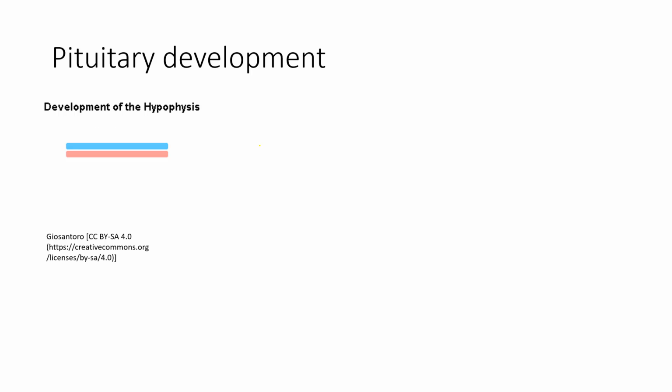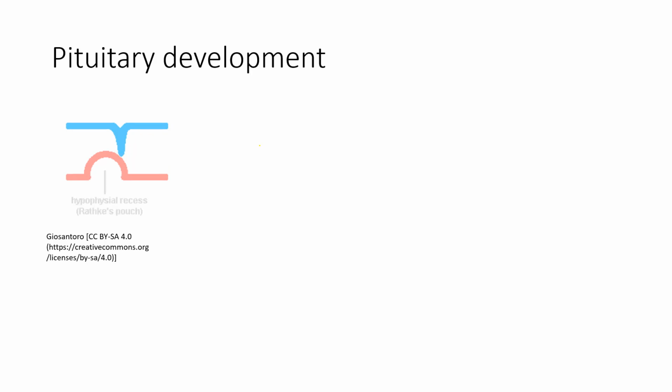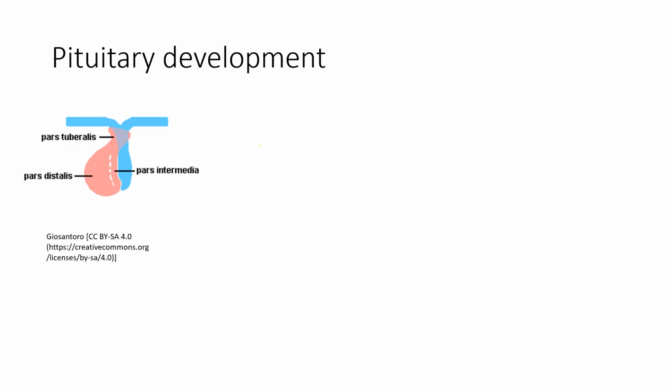The pituitary develops between the floor of the diencephalon and the roof of the stomodeum, which is the primitive gut tube, what will become the mouth. And you can see that the diencephalon is going to grow downward, whereas the stomodeum, the roof of the mouth, is going to form this pouch called the hypophyseal recess, or Rathke's pouch. As the roof of the mouth kind of gets further from the floor of the brain, you're left behind with this little bit of endodermal tissue, which will then migrate around the stalk or infundibulum from which the posterior pituitary